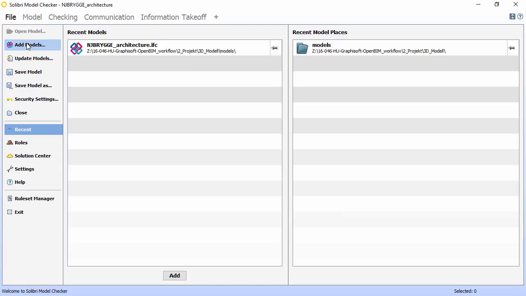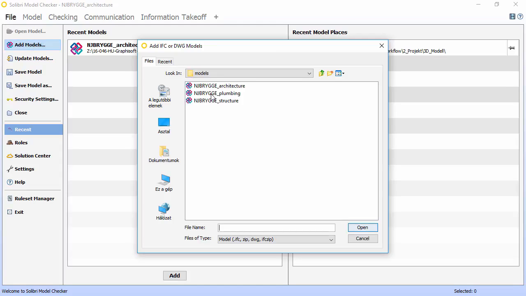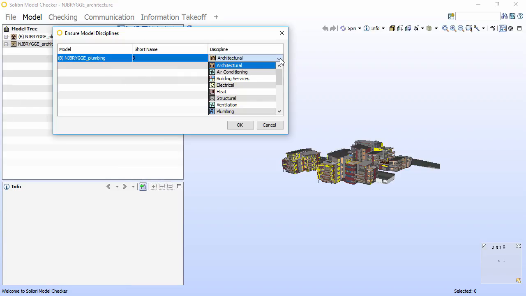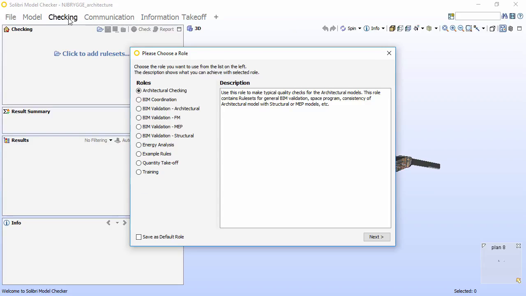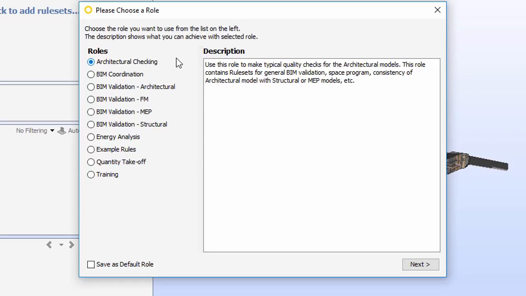Load the models of the rest of the disciplines in the same way through the File, Add Models command. After loading all the models, go to the checking menu and select the category of collision rules. In our example, we want to examine collisions between the architectural model and the domestic water and sanitary systems of the MEP model. Select the architectural checking role,